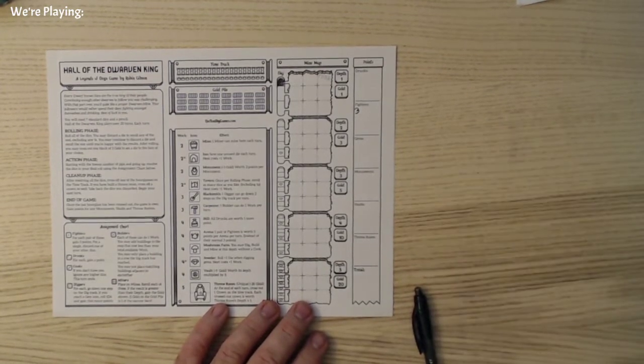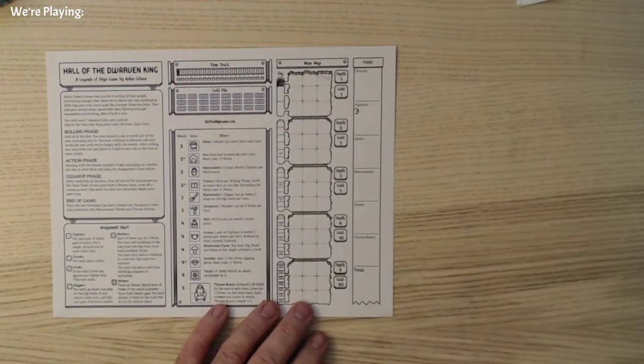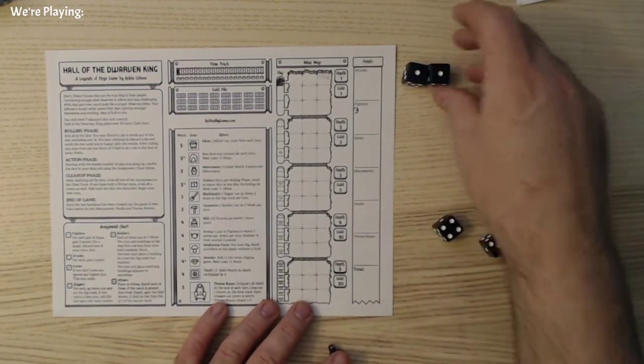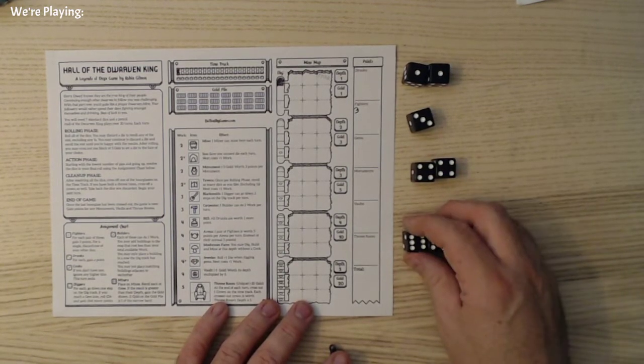Right now I can't do anything because I don't have any buildings. And that finishes up 1 hourglass, and we'll have 20 turns total. So 1, 1, 3, 4, 4, and 6, 6. I think...